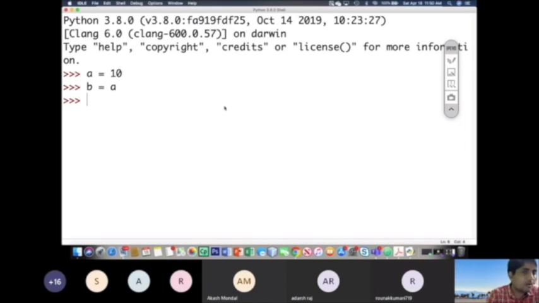ठीक है. नाउ व्हाट आई एम राइटिंग, B is equal to 12. Does it change the value of A? क्या ये A के वैल्यू को चेंज करेगा? क्या ये 10 जो है वो 12 हो जाएगा क्या? Let us see. नहीं होगा. The A is still 10. Why is it so?